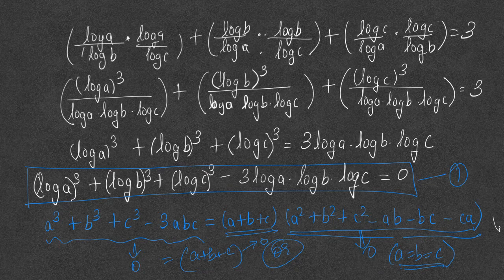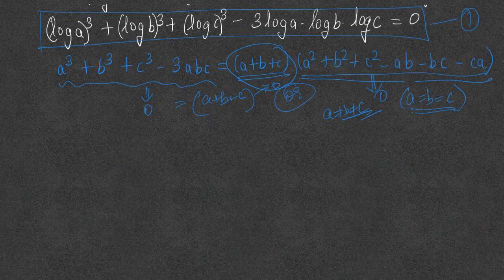And remember, when we solved this sum, it was told to us that a is not equal to b is not equal to c. They told us that by saying that a, b and c are distinct real numbers. Then the only thing left is a plus b plus c is equal to 0. Now coming back to this equation, if this is 0, that means a plus b plus c has to be equal to 0.